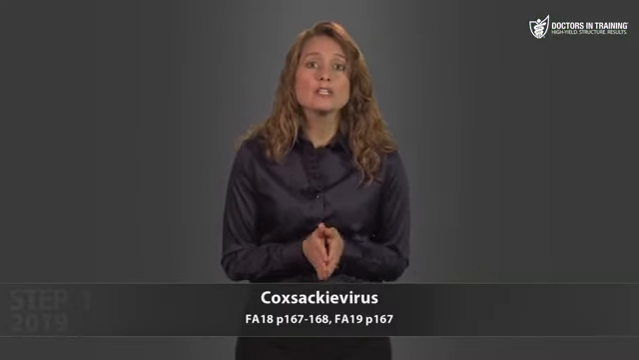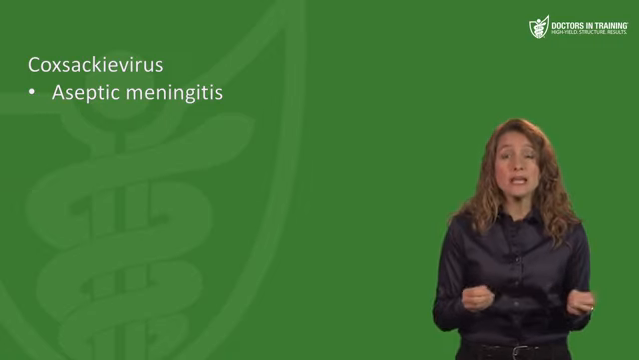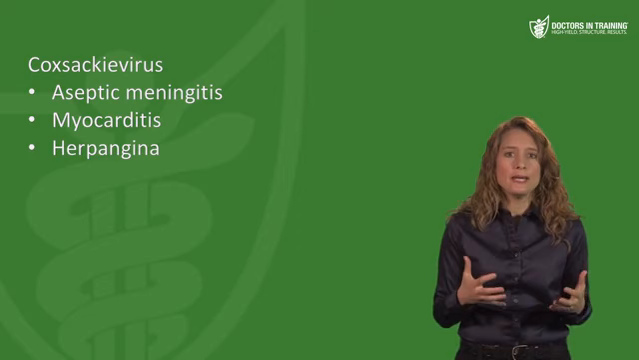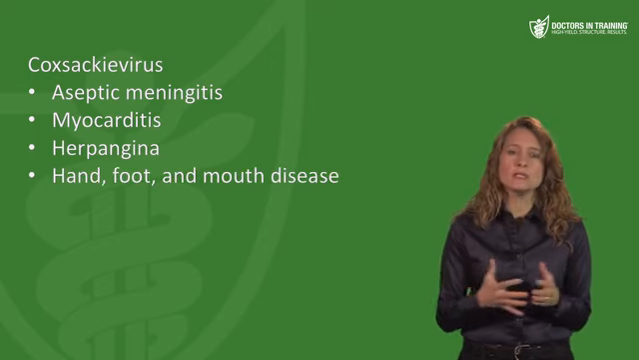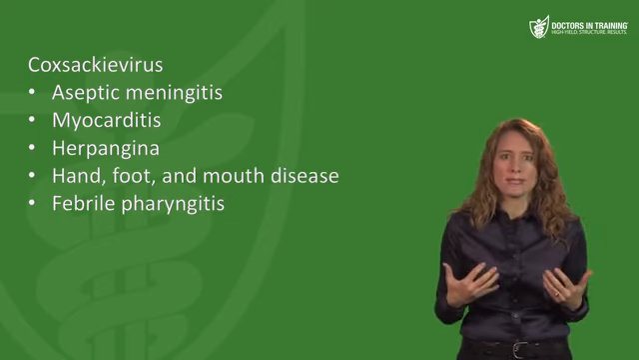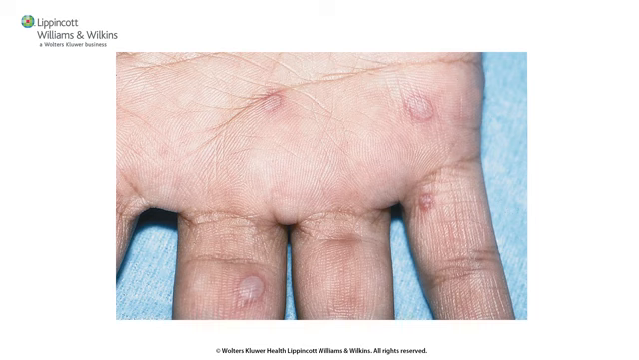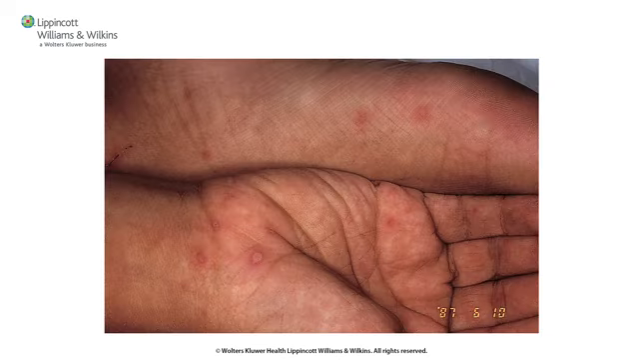So Coxsackie virus also causes aseptic meningitis and myocarditis, just like echovirus. It also frequently causes herpangina, hand, foot, and mouth disease, or other febrile pharyngitis presentations. What you see with hand, foot, and mouth disease are vesicular or papular lesions on the palms and soles. So if you see a picture of this on a test, think of enteroviruses, specifically Coxsackie virus for hand, foot,